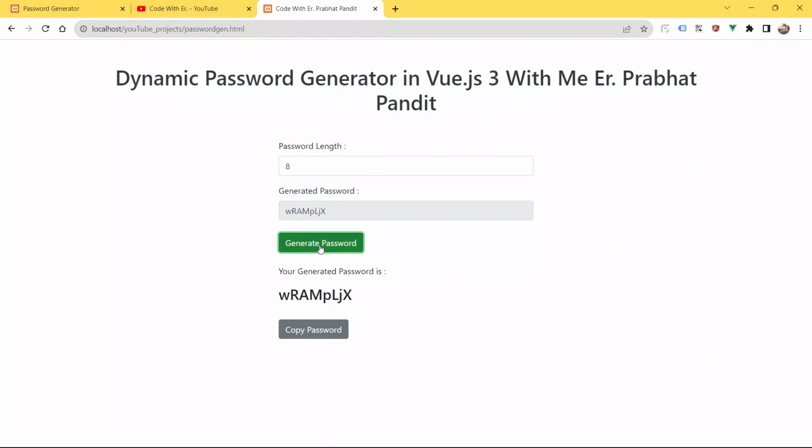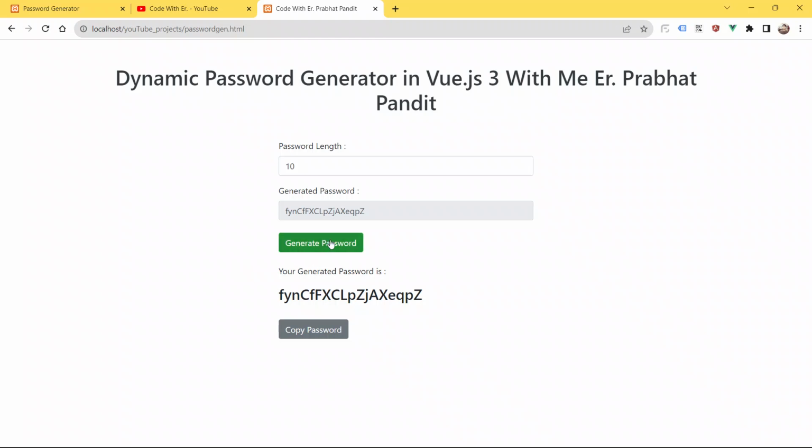Now you can increase the length also, so give 18 here and click the button generate password. See, boom, our code is working fine, the password length is 18, and each and everything is unique. See how perfectly and how dynamic our code is. I have not refreshed the page, yet our code is updated under the hood, because Vue.js is very reactive and very powerful. Now the password length is 10, and I have not refreshed the page.